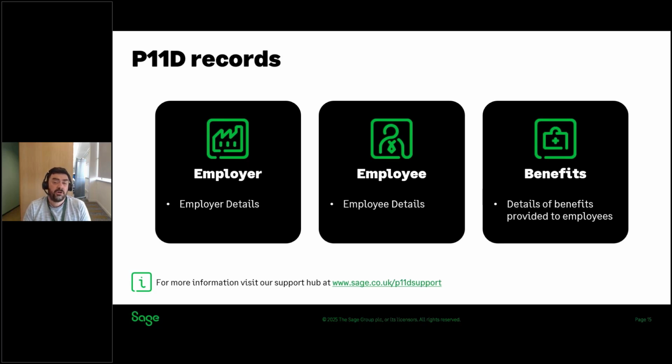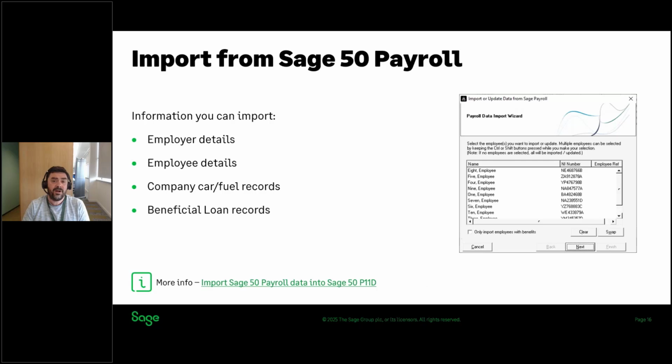Now, we are going to show you a couple of quick examples of creating benefit records in the demonstration. Obviously, there are a lot of different types of benefits, so we won't be able to go through every single category, but I have picked out some of the common ones to give you an idea of how you would create that information. But if you're a Sage 50 payroll user, there is another way to create records in Sage